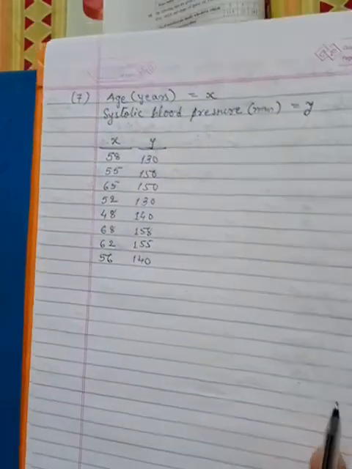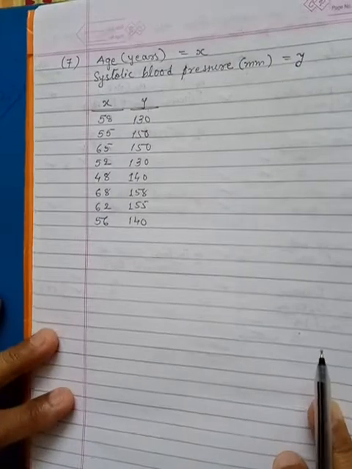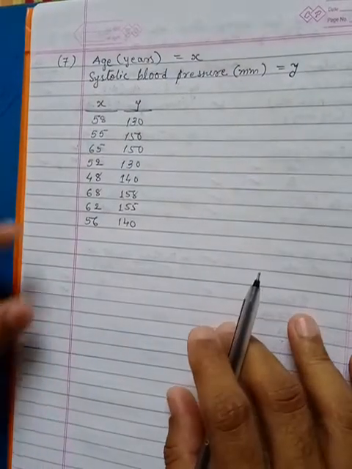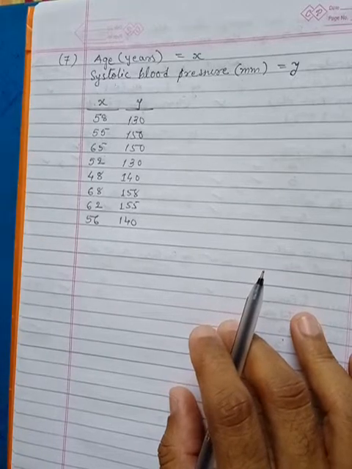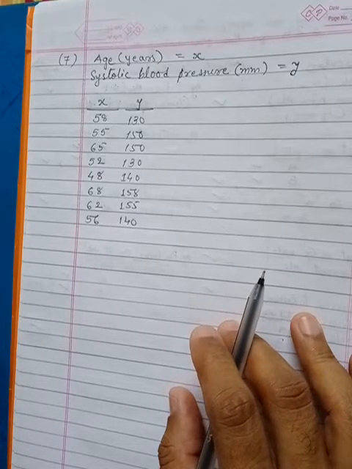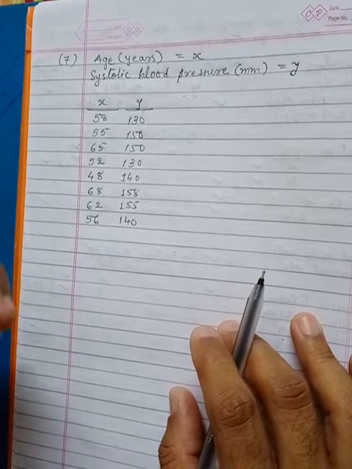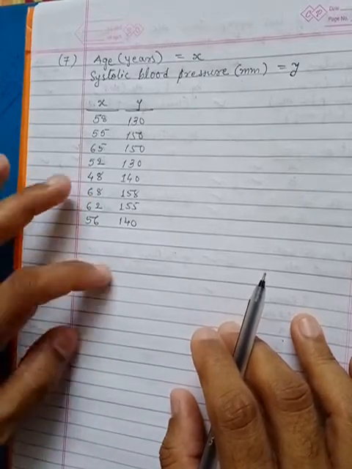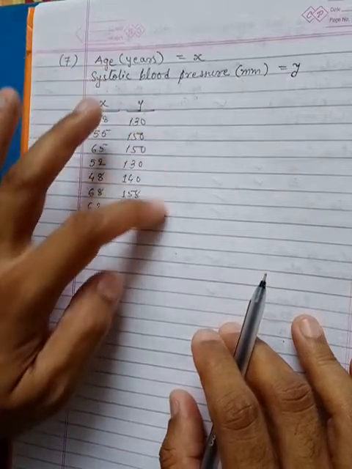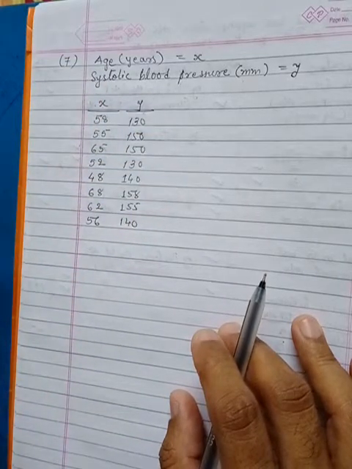Now in this method it is not compulsory to find the total of the x column and the total of the y column. Some used to say that you have to take the assumed mean nearer to x bar and nearer to y bar. It is not necessary. Any one value out of the available values is considered as the assumed mean.